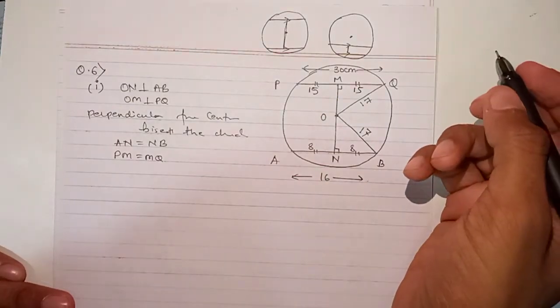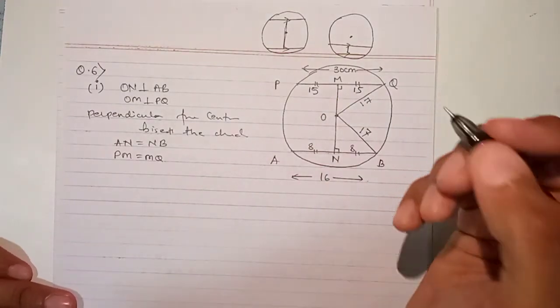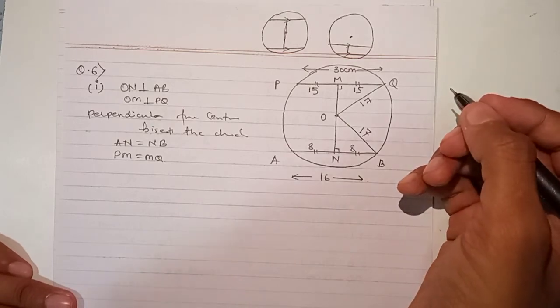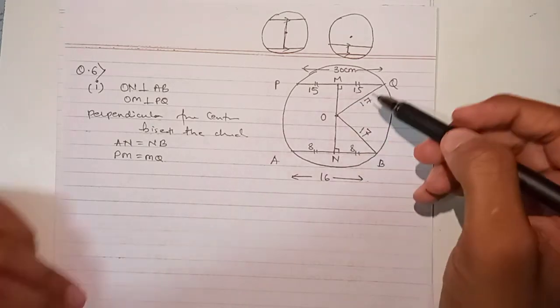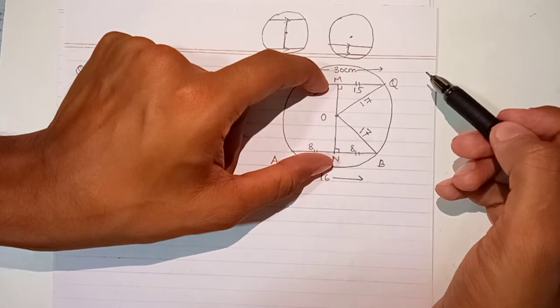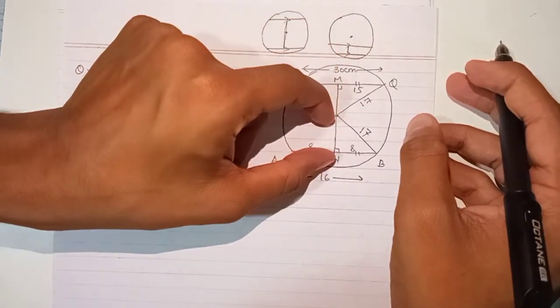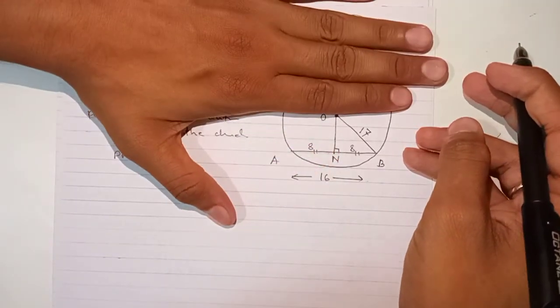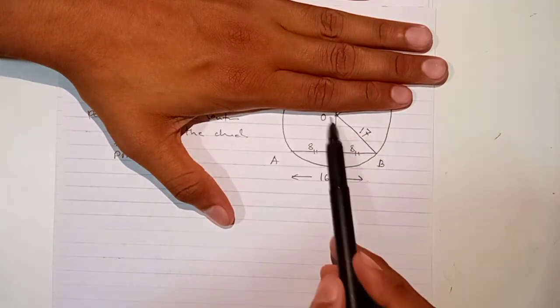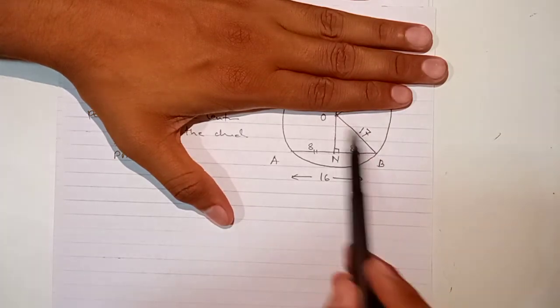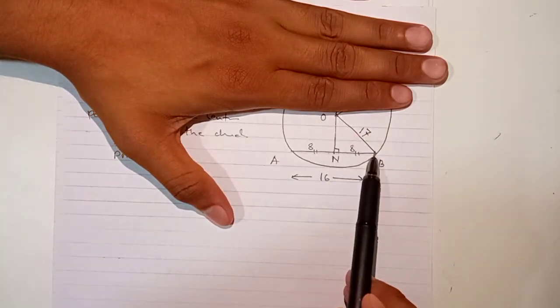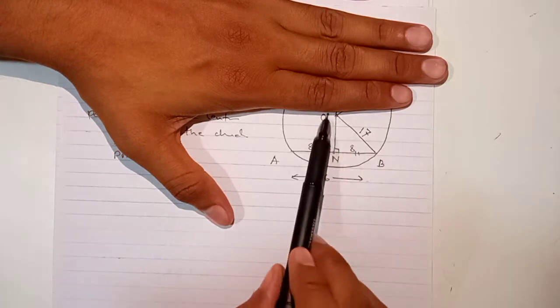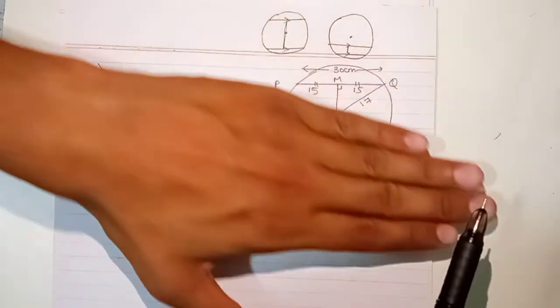Correct? Now, what do we have to find? We have to find the distance between the chord. मतलब ये पूरा distance MN. तो ये पूरा distance को दो पार्ट में डिवाइड कर दो. First consider this triangle. ये triangle दिख रहा है, right angle triangle. This side is 8, this side is 17. So using Pythagoras theorem, I can find ON. Then in this triangle,